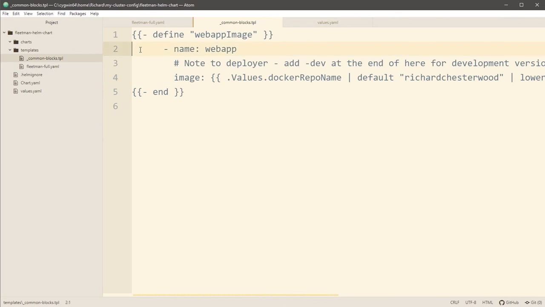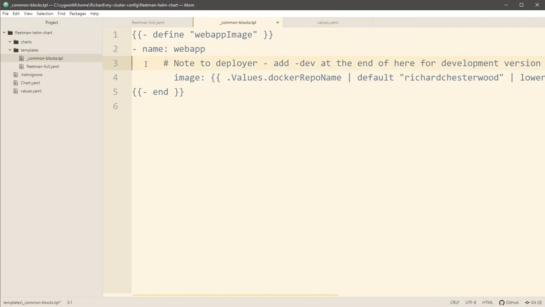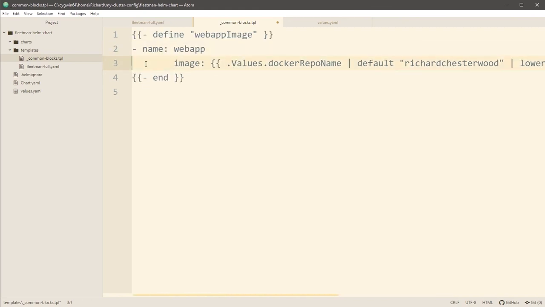So I deliberately did this, but in practice, there's no way we want to be hard coding any indents into here, because we just don't know how many indents are going to be needed. Really, in practice, we would want to have this file looking, and let's get rid of that comment. That's not adding any value anymore. In practice, we would want the common block to be defined like this.